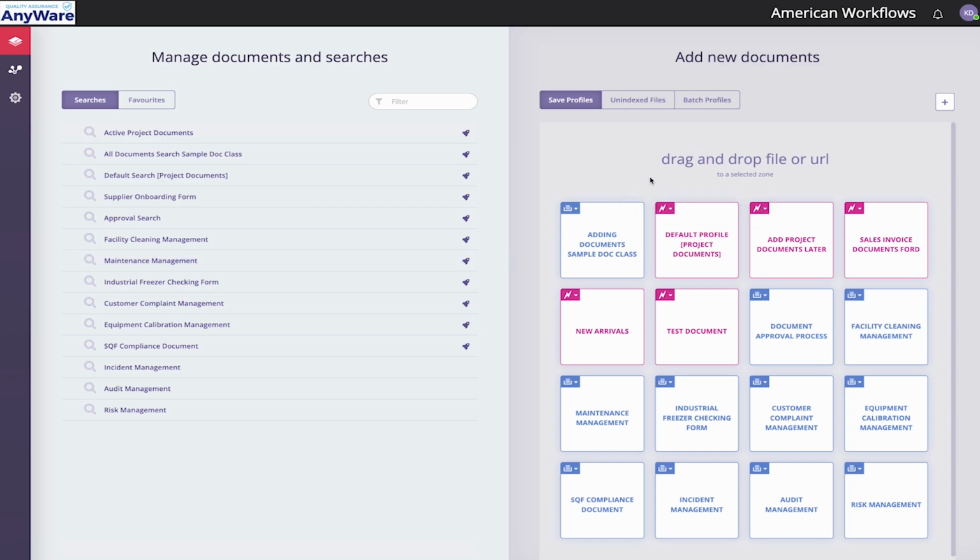Now within Quality Assurance Anywhere, we search using basically saved searches on the left, as you can see right now. Now, these searches can be configured to be as general or as wide as you like. And then on the right side,